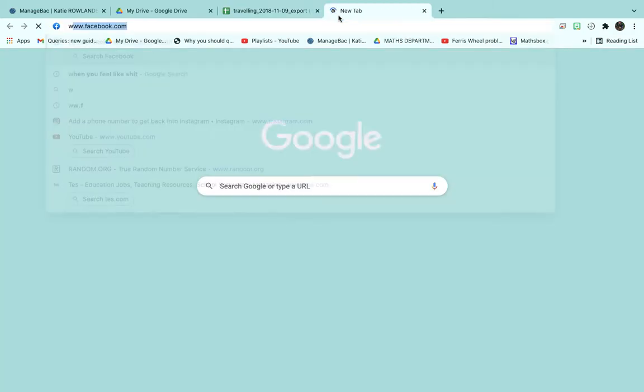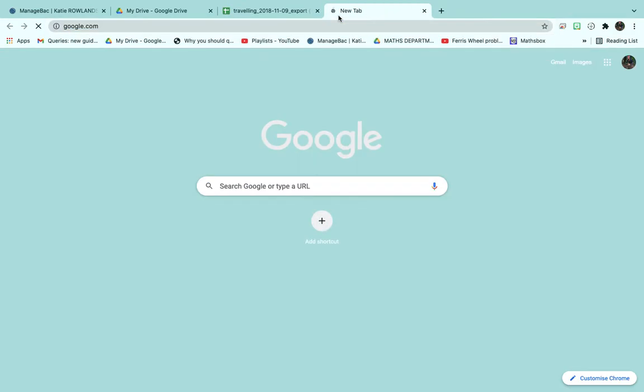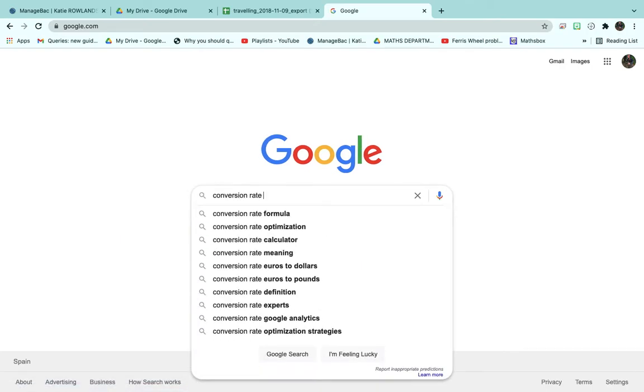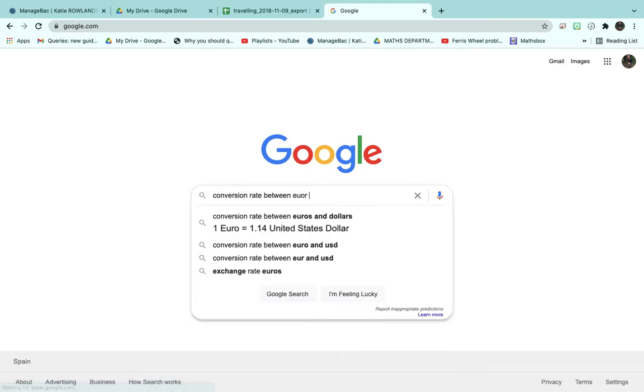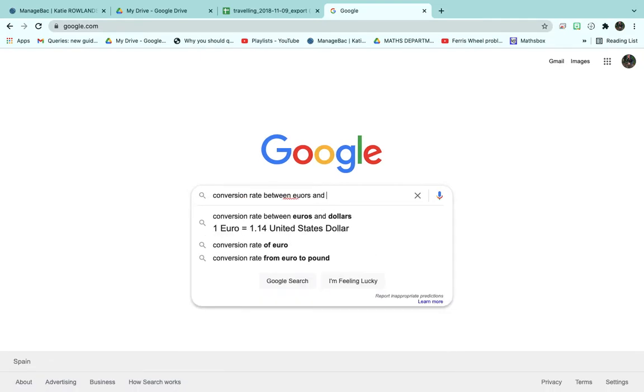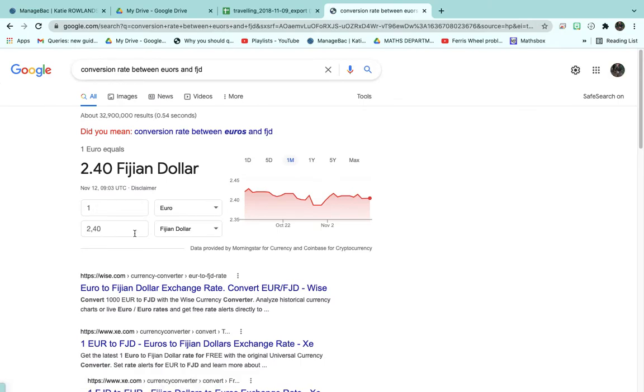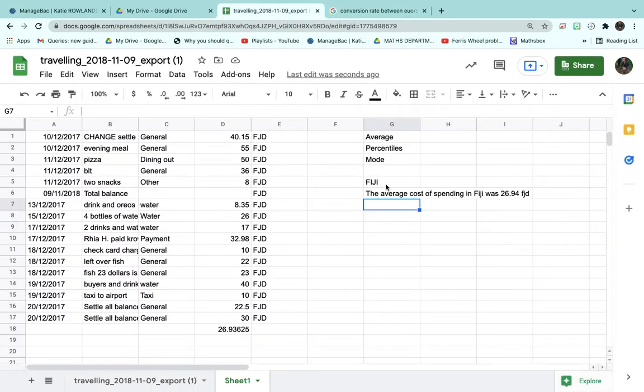So what I would do is I'd go onto Google and search the conversion rate or exchange rate between euros and Fiji dollars. And it says that €1 is 2 Fijian dollars. So under this in our books, we're going to write €1 is equal to